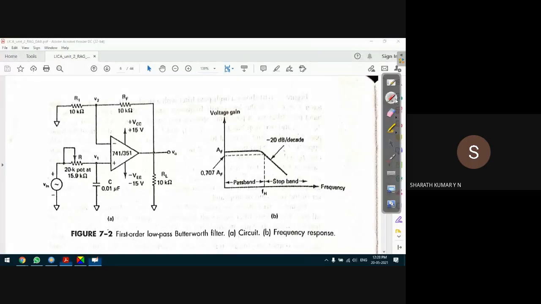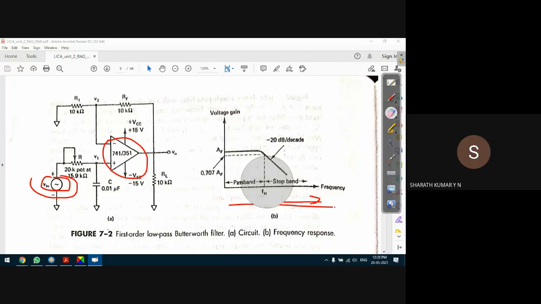Okay, so in this waveform we can understand that as the frequency increases, the gain starts reducing. As the input frequency increases, the gain of the op amp reduces, thereby the op amp output reduces, thereby it blocks the high frequency signal. So it will allow up to FH. It will allow the signal to pass through with the designed gain value. After that, the gain decreases, so it's almost like an attenuation.